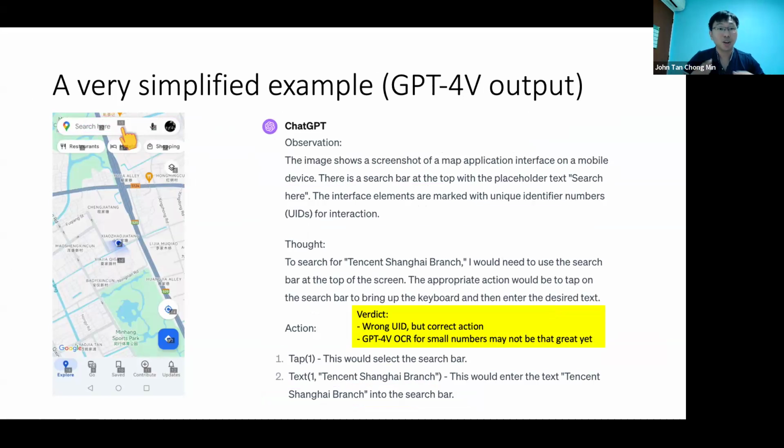If you don't do XML, you need a way to decompose the images. Someone in my Discord, Crit, was telling me, why not use Segment Anything by Meta? I'm not very sure whether Segment Anything can get you all the UI, because UI sometimes is not that obvious, but that could be a possible way instead of using XML. There could be other ways, like UI-specific models that can decipher the UI without XML. Sure, you can use all of this,